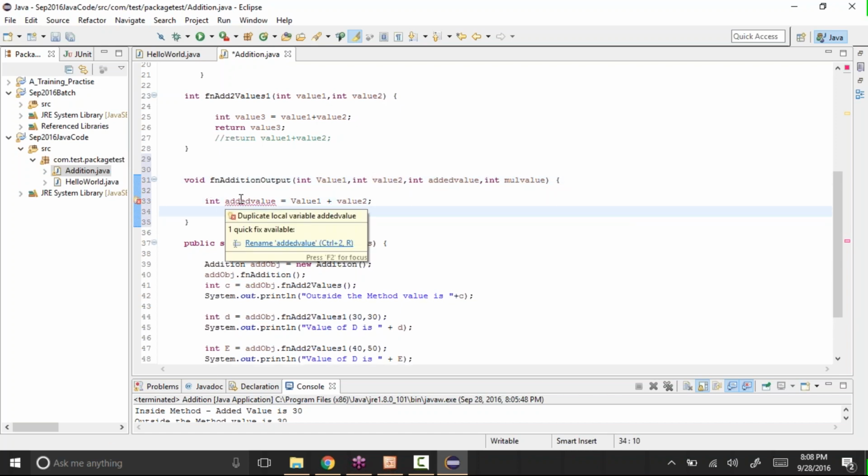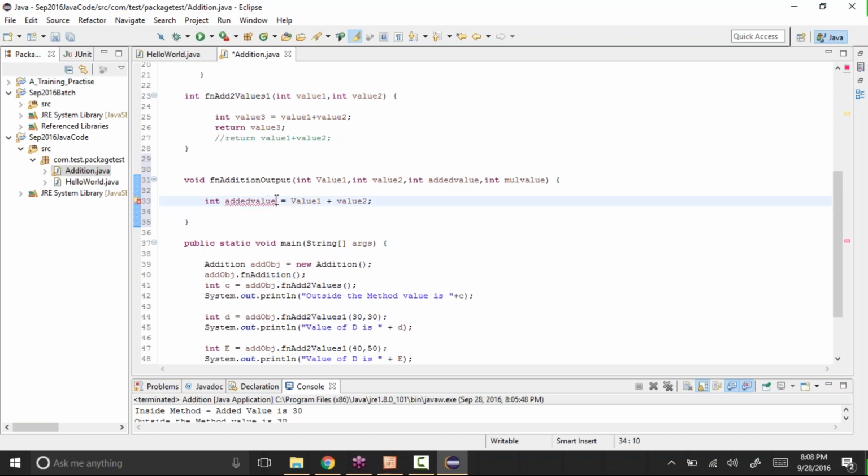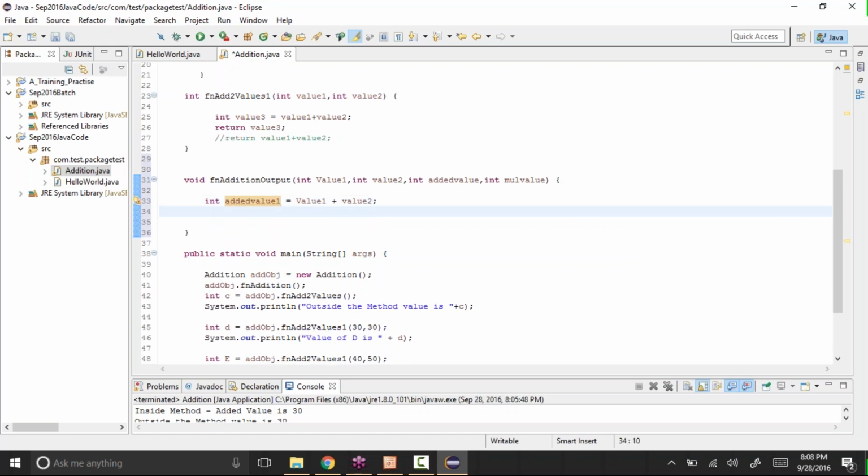Again it says some error, duplicate value. Then int mul value 1 equal to value 1 into value 2.